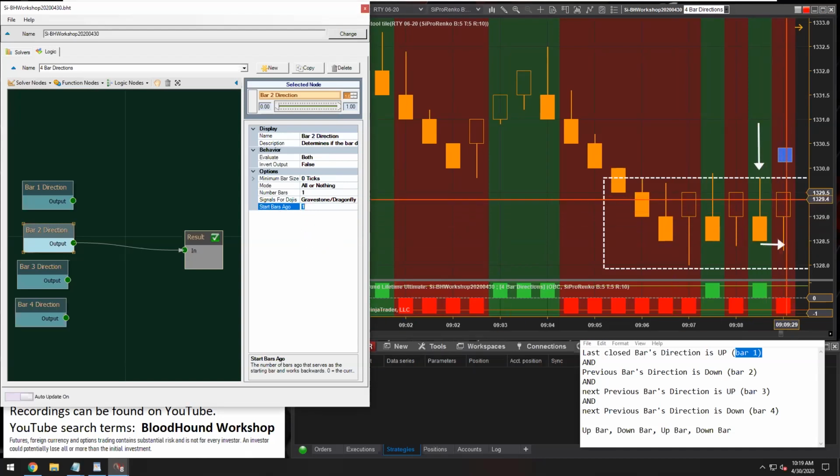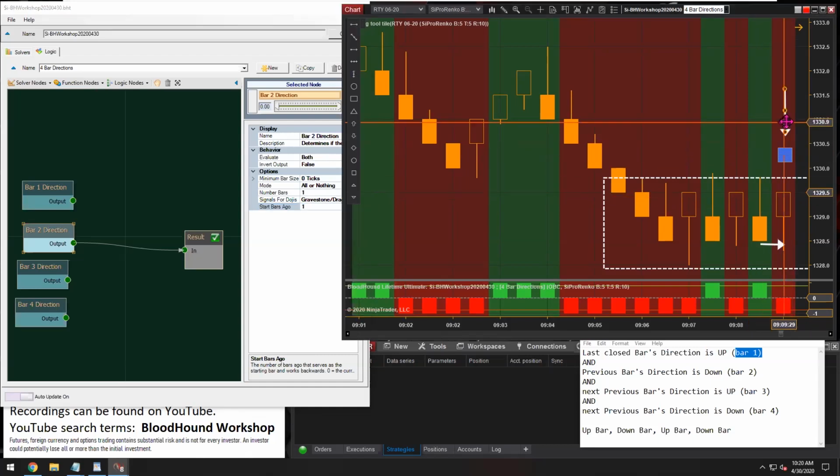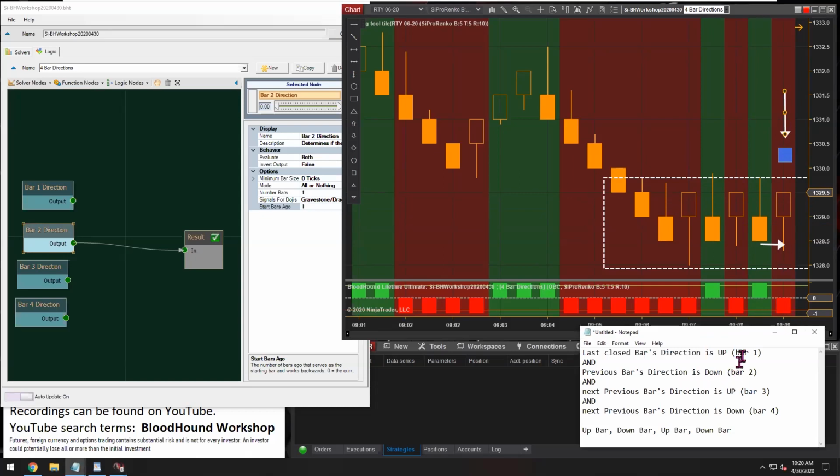However, our current bar is an up bar. So on our current bar, we want a long output ultimately, because this is an up bar. So we need to take this down bar and reverse it to give us a long output. Because if you look at this,